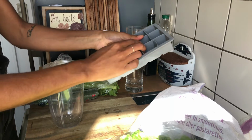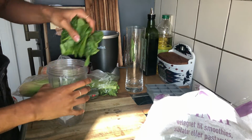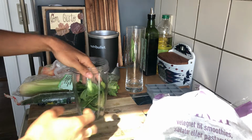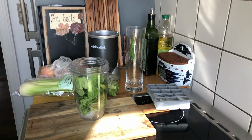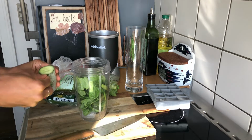Welcome to my kitchen. We're gonna add some ice into the NutriBullet and around a cup of spinach, a couple inches of cucumber,